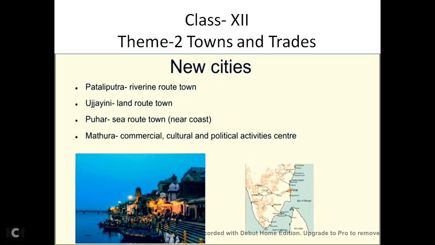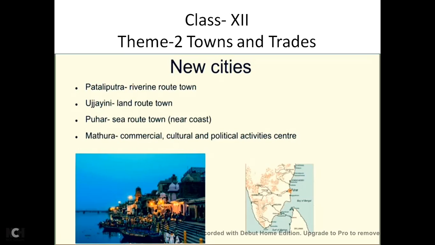Here you see the first point, Pataliputra. Pataliputra was also located on a riverine route. But first of all, I am telling you about the history of Pataliputra. Pataliputra, for instance, began as a village known as Patli Grama. Then in the 5th century BC, the Magadhan rulers decided to shift their capital from Rajgir to this settlement and